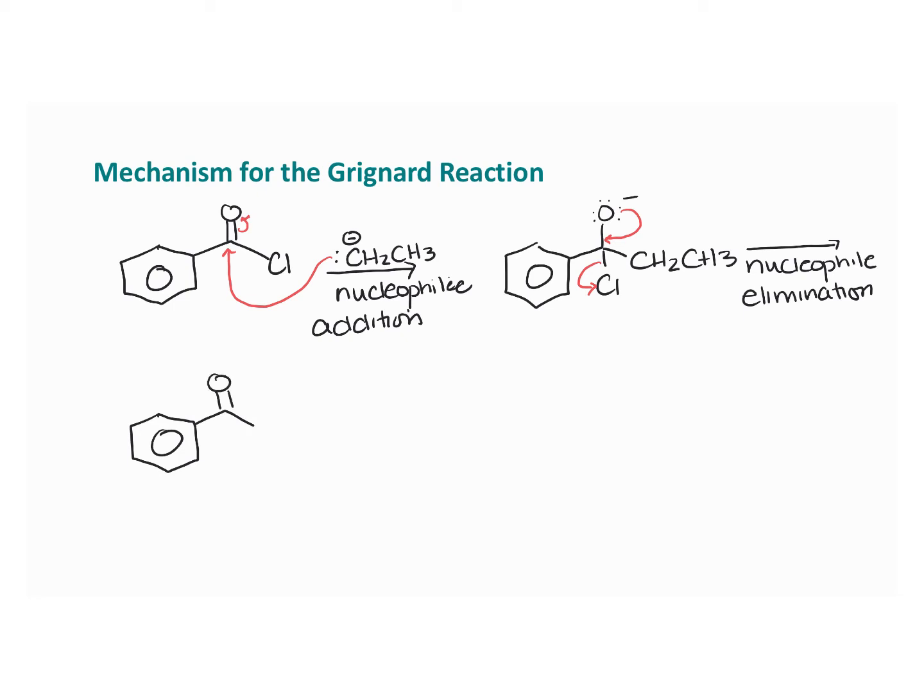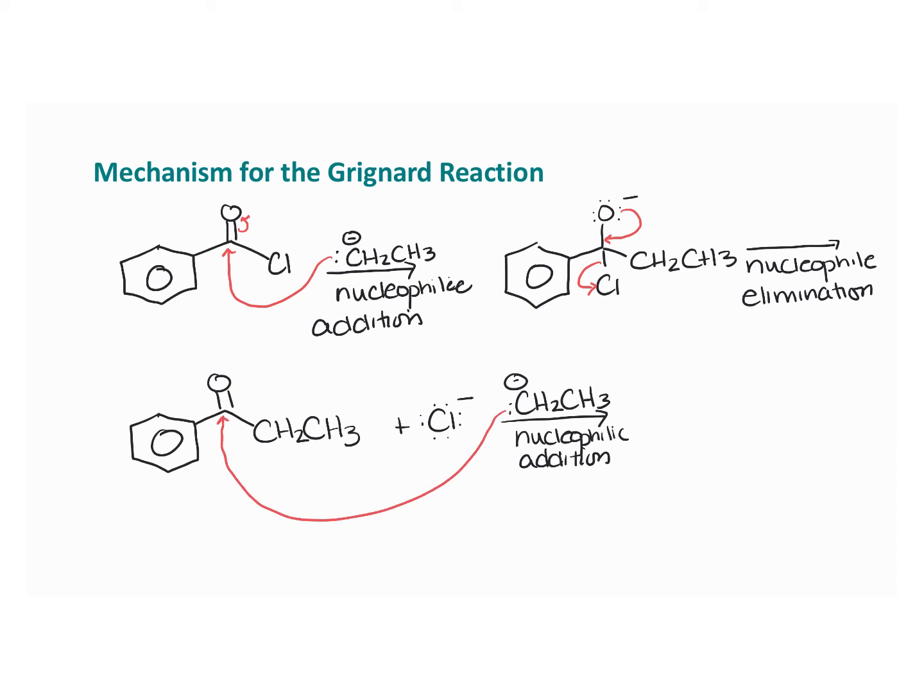Now we end up with a double bond and a CH2CH3 plus the Cl minus there. And what can happen here is that a second equivalent of the CH2CH3 can be added in a nucleophilic addition reaction. And so it comes in, it adds here, and those electrons go there. And now